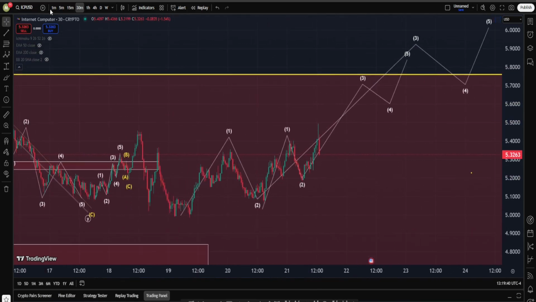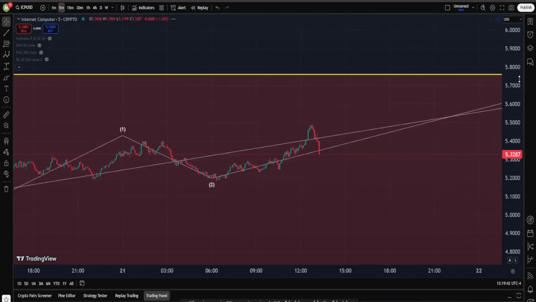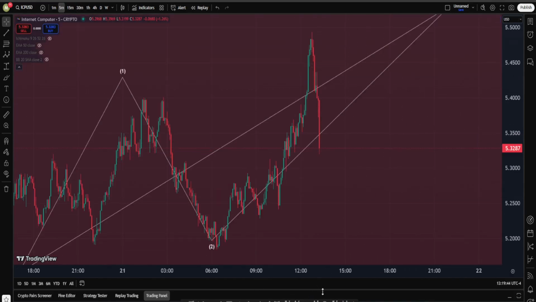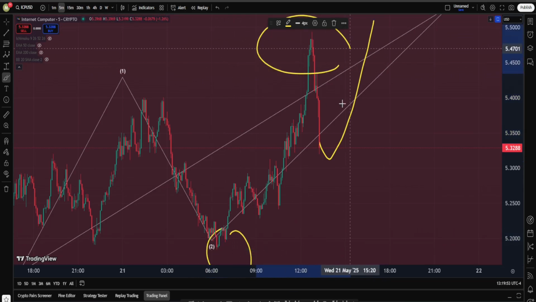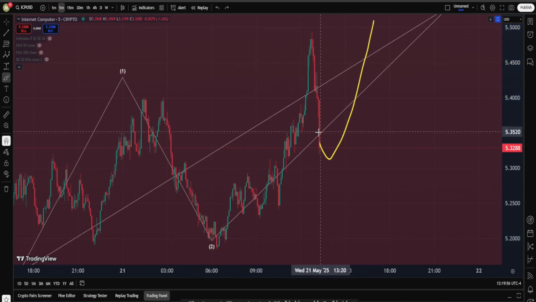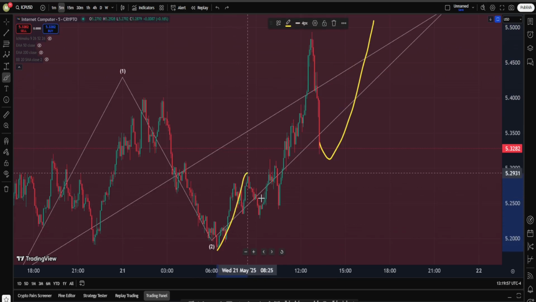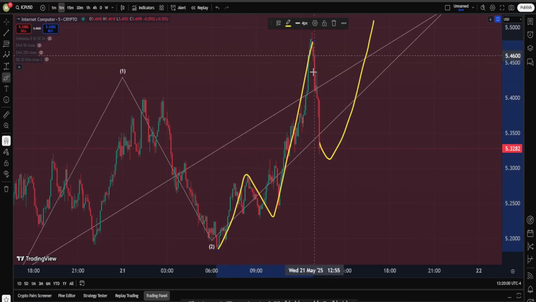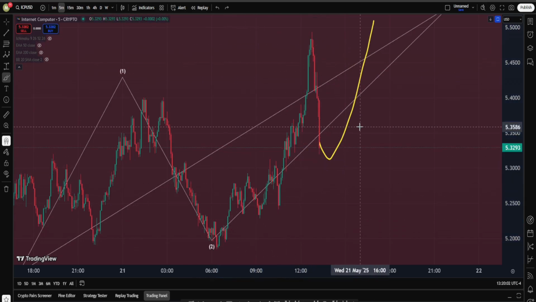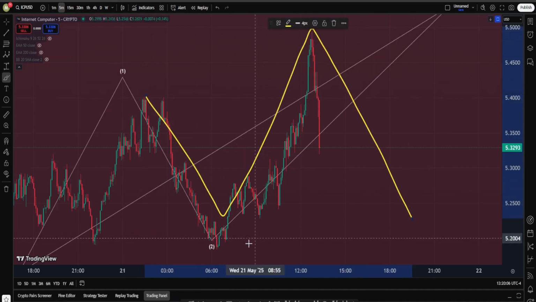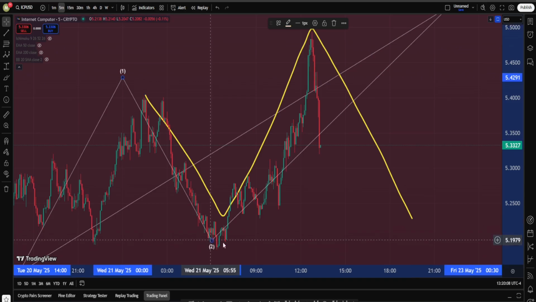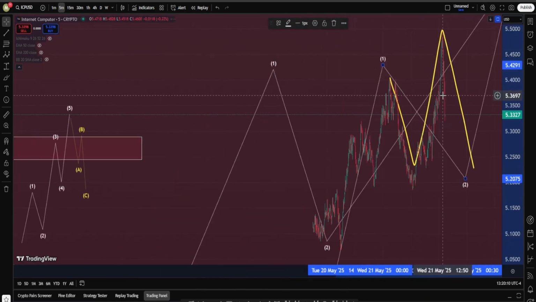Now, if this is happening, let's go on the 5-minute time frame. Okay, I want to see a decent move on the upside starting from the current point. Why? Because so far from here to about this high, I'm really not able to find an impulse, and this looks a lot like an ABC structure, and this seems to be quite a strong move down. So I'm going to say maybe this is an ABC in the form of a running flat structure, and then you want to see another big move up.